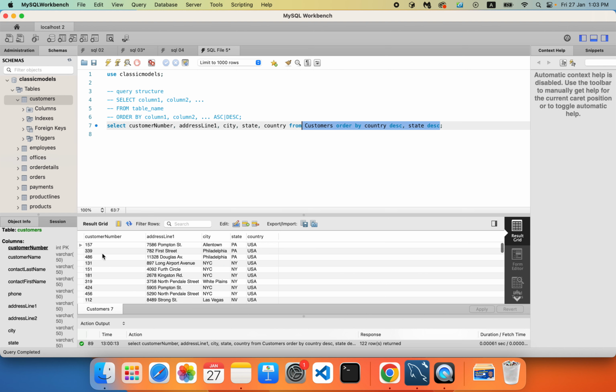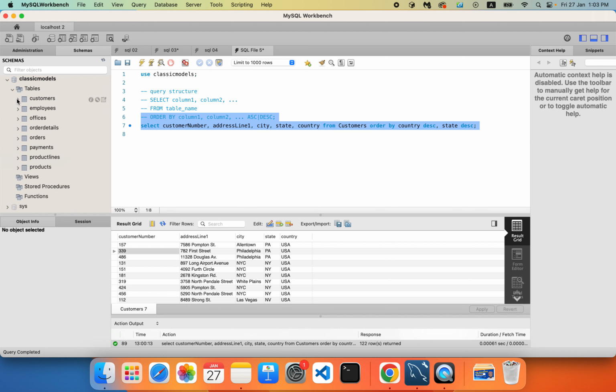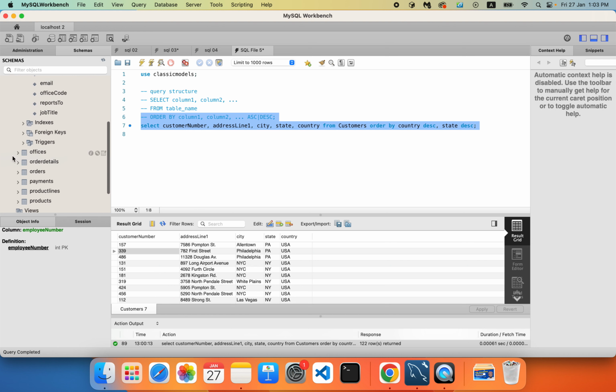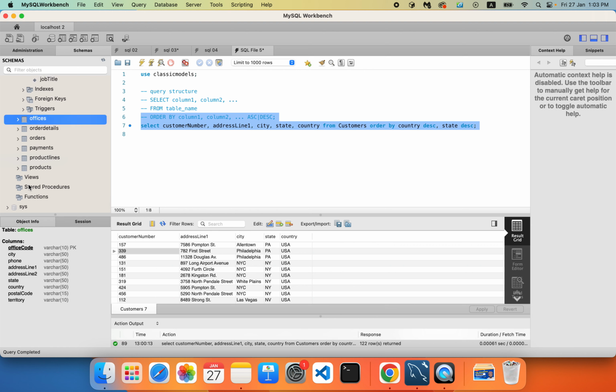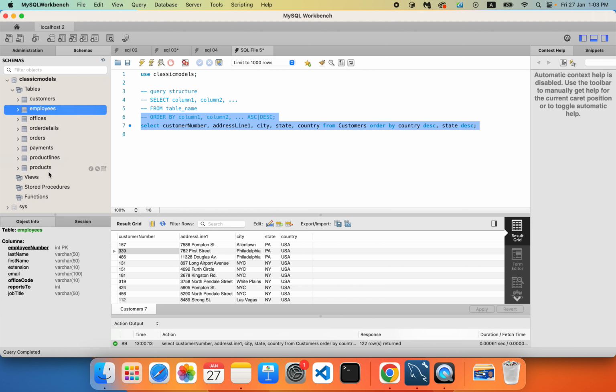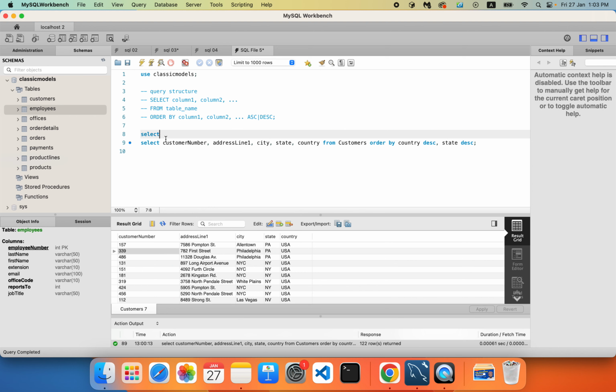By default it will order by the primary or the unique index, which will be the first column here. It will be the customer number. In employees it will be the employee number, and it's the same. Yeah, it will be office code here. In each table, the first column will be the primary key, and we are sorting or ordering that table by that column. But if we want to change the order, for example, if we have select all from payments,